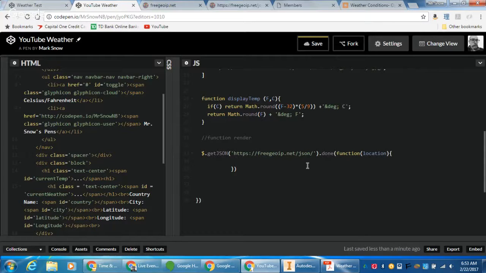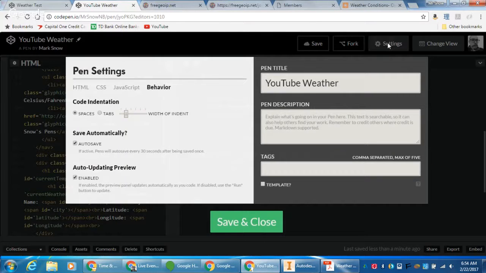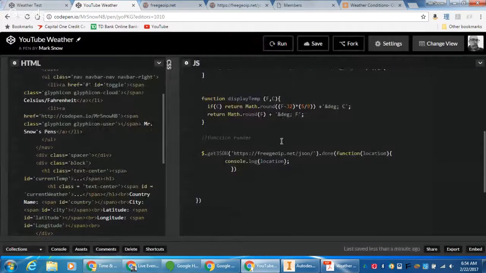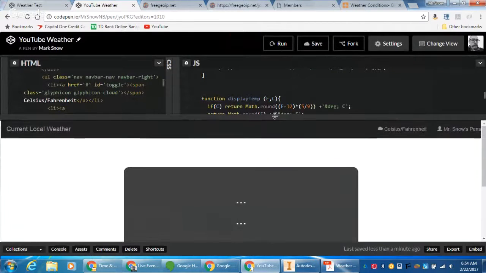So let me just do something really simple and console.log location. Let's see if we can get us back some location. Save. We're going to settings here while we're here, and I'm going to turn off auto updating. I'm going to save and close. Now I have this run option. So I'm going to go ahead, save, run,